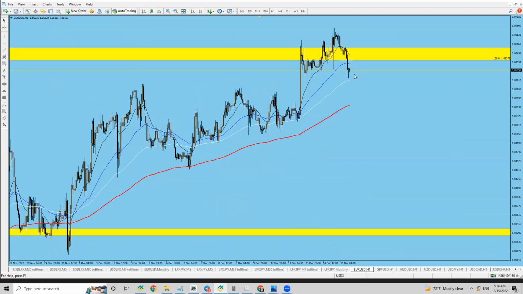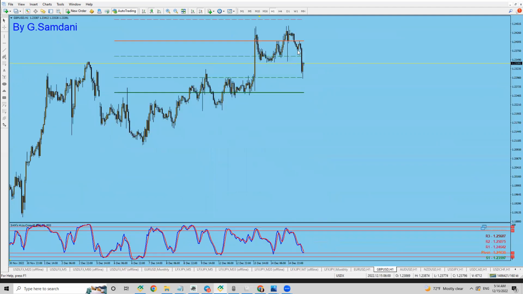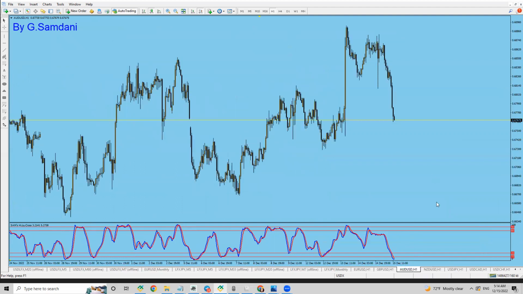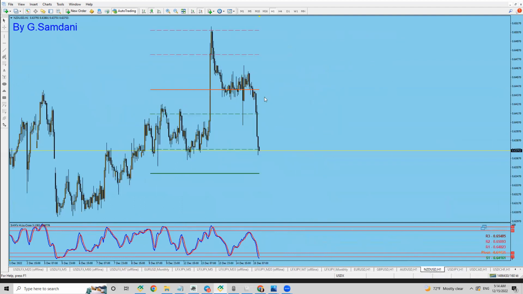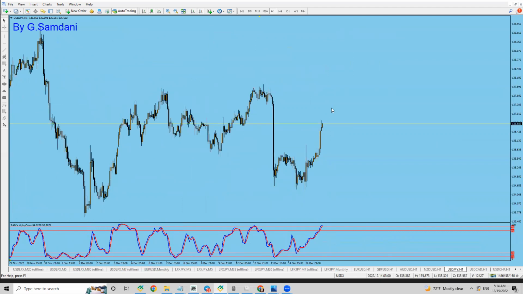It's already started dropping. Pound, this is the 1 hour chart. Pound USD, already started dropping. Aussie USD, boom, started dropping. USD yen is supposed to go up and has started to go up. USD CAD is supposed to go up,